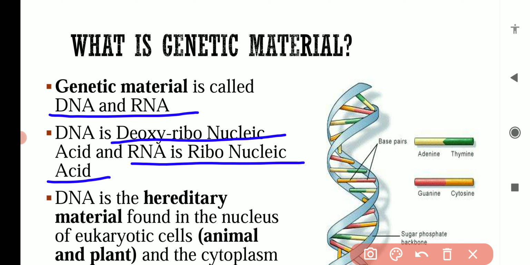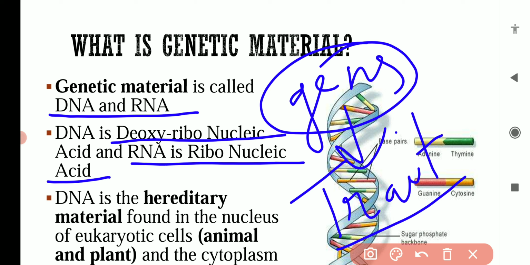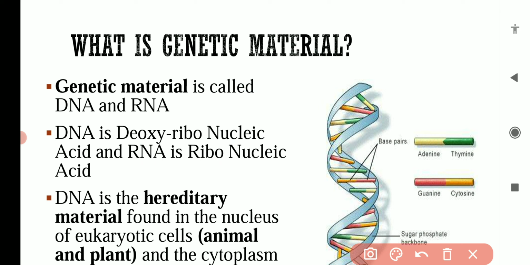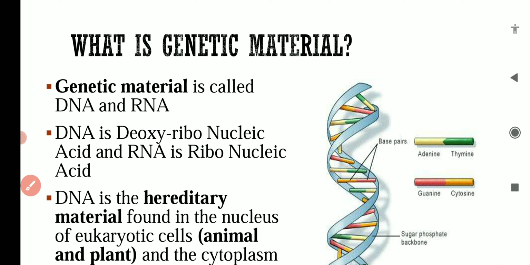Genetic information means the genes which control different traits or different characters in different organisms. In plants, in animals, all the living organisms like bacteria, virus, they all have these genes, and these genes are present on the genetic material. And what is genetic material? It is of two types. One is DNA, that is deoxyribonucleic acid, and one is RNA, that is ribonucleic acid. So we will discuss what are the different components of this genetic material in this video.